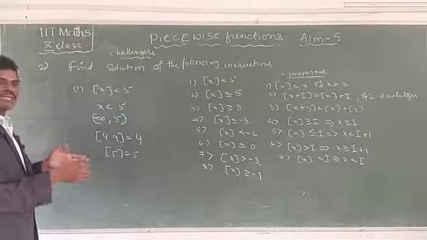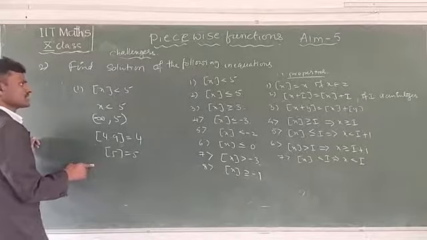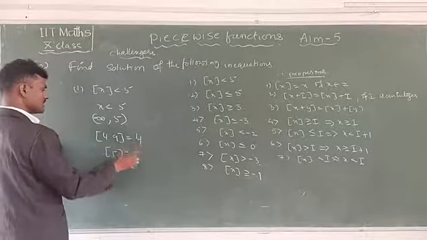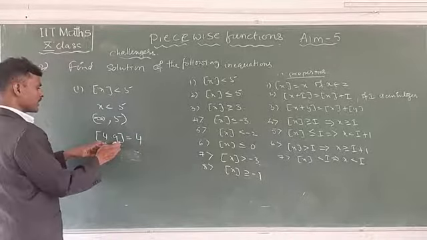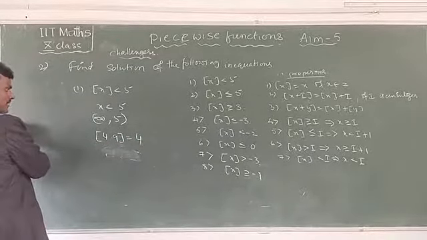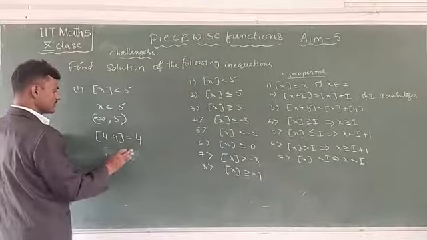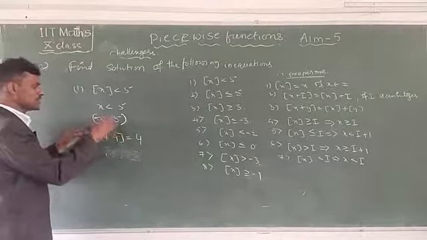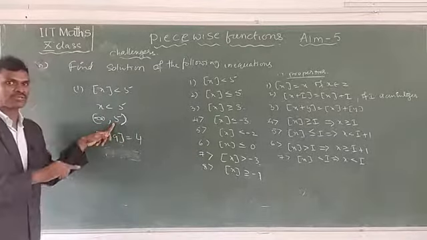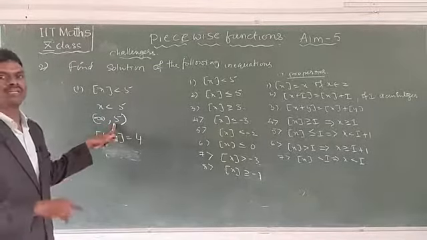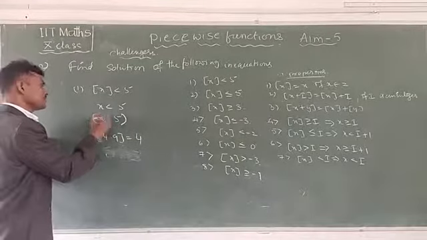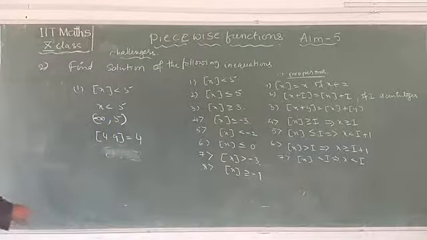Greatest integer function means less than or equal. Here this is equal, this is less than. That's why 4.9, 4.8, and so on up to minus infinity you can take. That's why this is an open interval at 5, not including this 5, it is excluding. Up to 4.9 only is included. That's why you can write minus infinity to 5. This is the first problem.